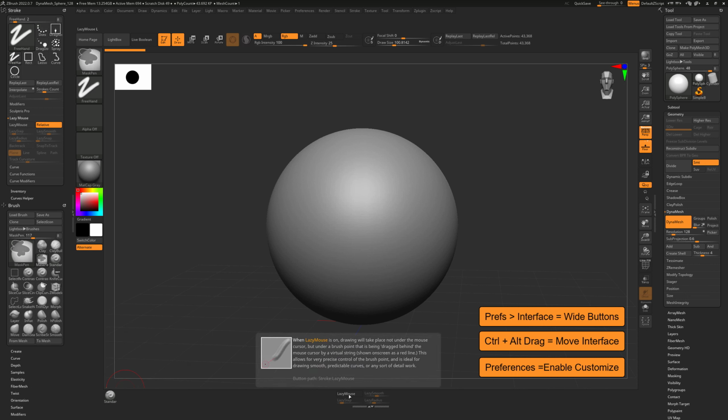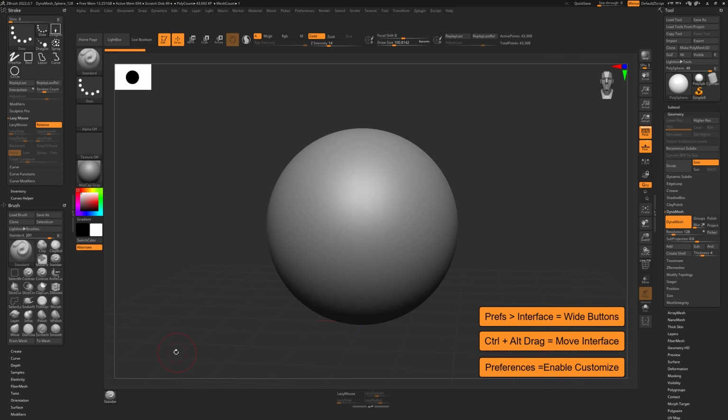So if I go to lazy mouse, you can see that sits under the stroke palette, and it's under the lazy mouse menu component right there like that. So again, if you ever want to know where it sits by default in the program, go ahead and take a look at that way. Okay, so that's a real quick overview of how we can start building the interface